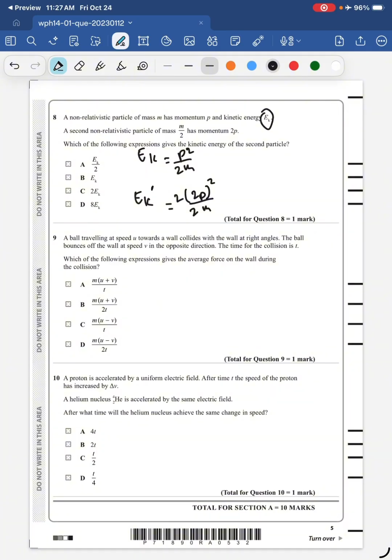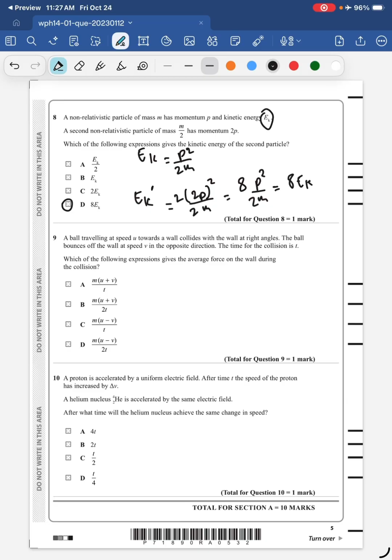And I took 2 to the numerator. So let me think. So we have 2 squared, which is 4 times 2. We have 8p squared over 2m, right? Which is 8 ek. So the new kinetic energy is D. I hope this makes sense. All right, question